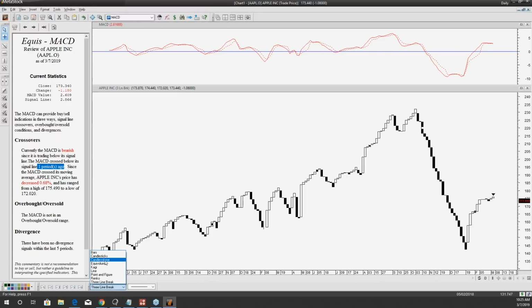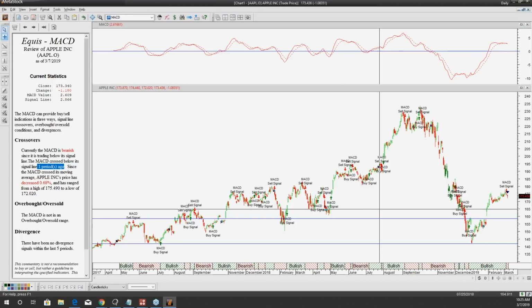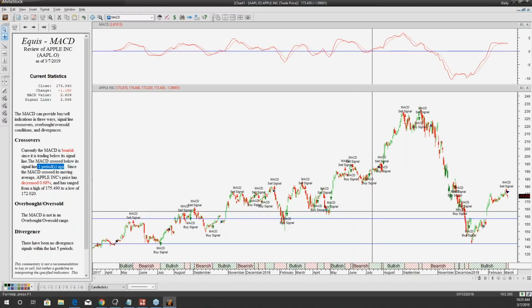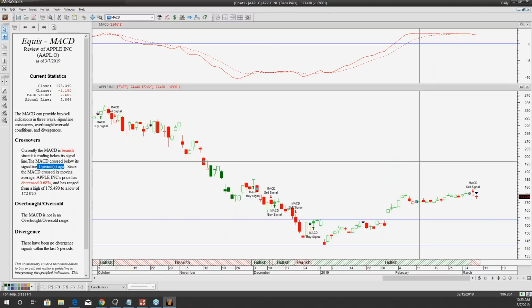Okay, so we showed you a chart, showed you how you can identify when to get in and out of a trade based on an indicator with the buy and sell signals, and how the commentary can help you understand what's going on in the chart when you put an expert advisor on. What I want to show you next is how to scan for these signals, because maybe we're not getting a signal today. Maybe I want to jump into a trade today, but Apple isn't giving me a buy signal with the MACD. So I'm going to show you how to scan for buy signals in the market, so we can look at trades that we can potentially get into today. Look for an opportunity. The software will help us with doing that.